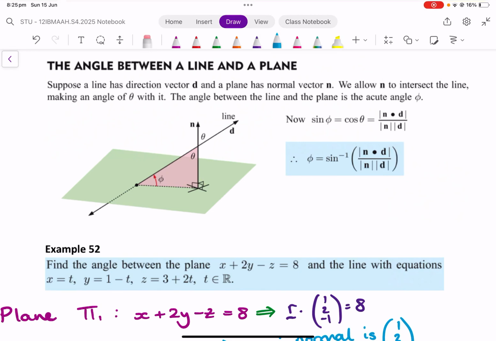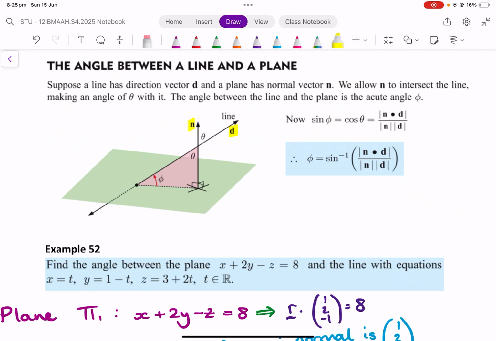Okay, so we're going to look at the angle between a line and a plane. And if we look at this diagram we've got going on here, we can see that we've got the line, and we're going to be interested in the direction vector of that line. And then with the plane, as we know, the only thing we can really consider is the direction of the normal. If we want to find the angle, it's the one indicated there with the red arrow, phi,